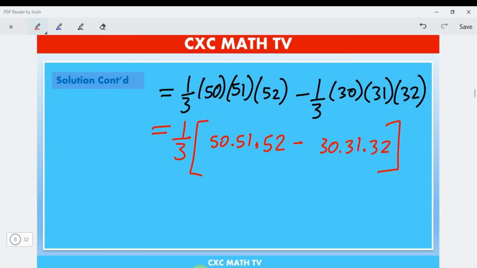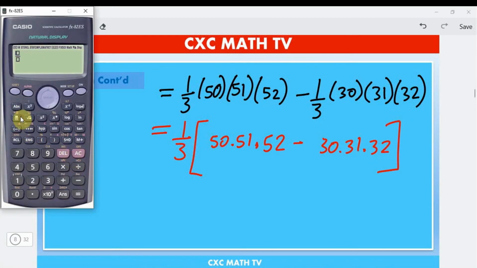Now I'm just going to put this in my calculator because that's a pretty big number, right? That's pretty big. So 1 over 3 times in bracket 50 times 51 times 52, and then I am subtracting, oops, it slipped out of my hand there, 1 over 3 in bracket 50 times 51 times 52 minus 30 times, minus, let me put a bracket there, 30 times 31 times 32. Close that. And we get